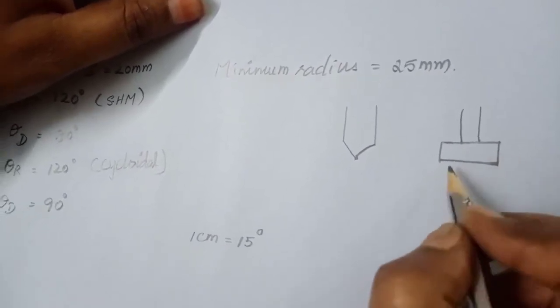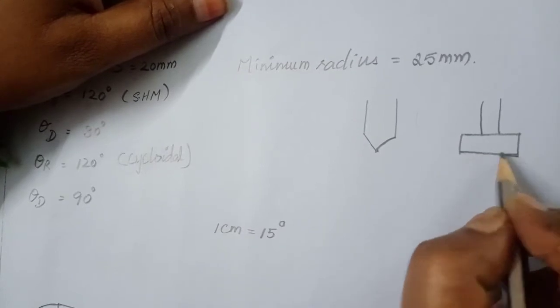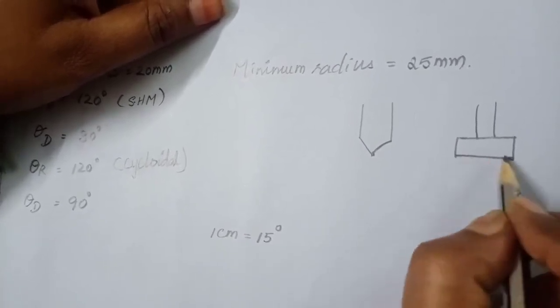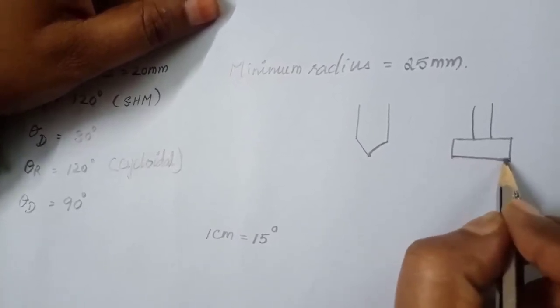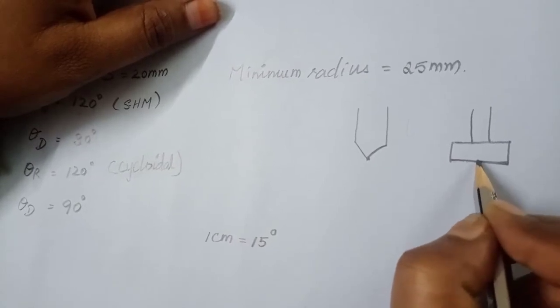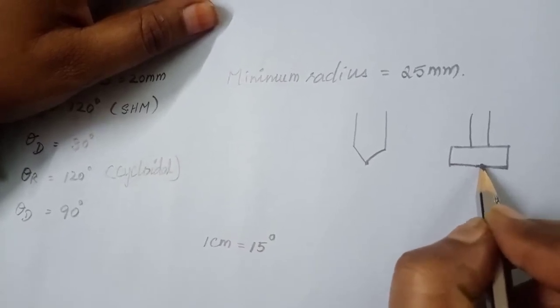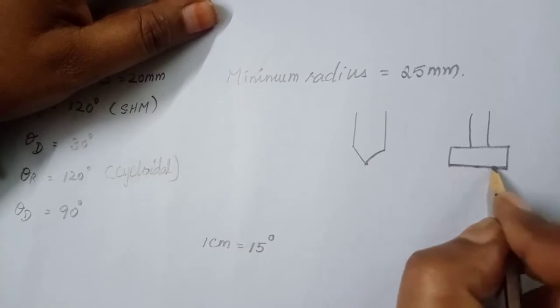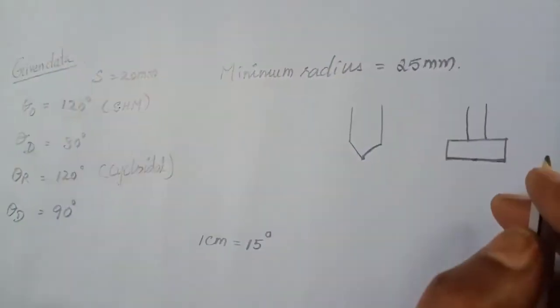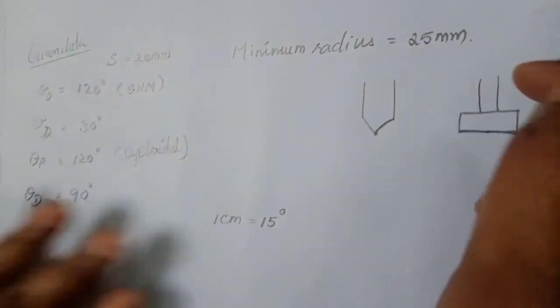So here you will get a straight line. The contact of the cam profile is connected with the follower in a straight line. So here also you may get 2 or 3 multiple point contacts, and based on this follower shape the construction may vary very slightly. Okay, so before going to the cam construction, I have to start the displacement diagram.